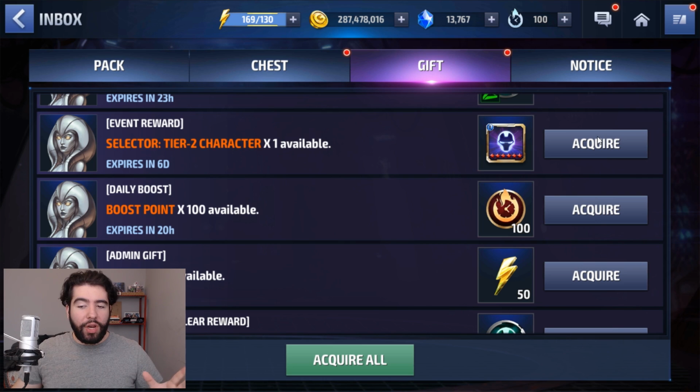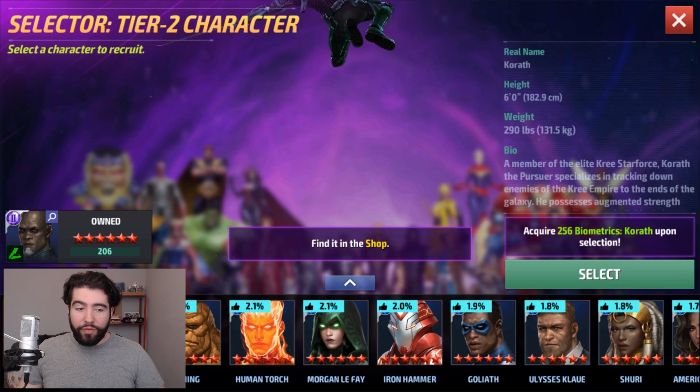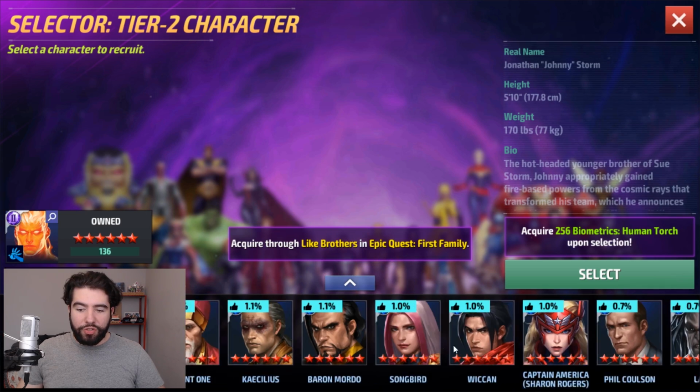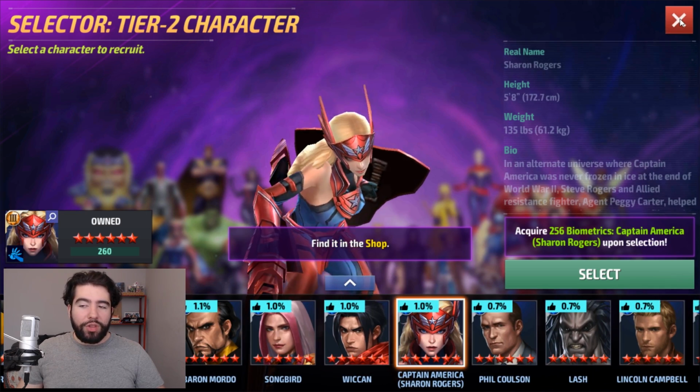Now, one major character that I usually reference and usually say is one of the most efficient choices is Sharon Rogers. She's no longer a good idea. She's probably, actually she is, the worst idea to choose from the tier 2 selector. And the reason for that is with the new